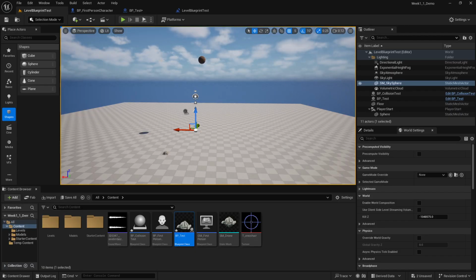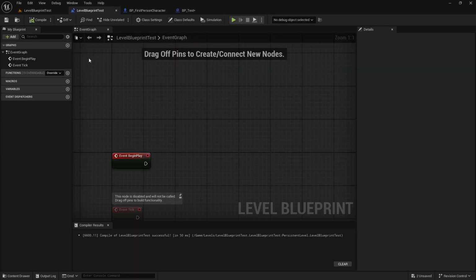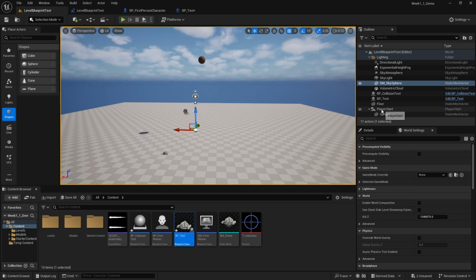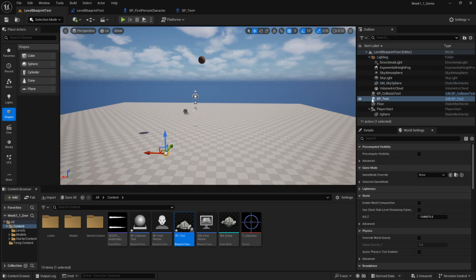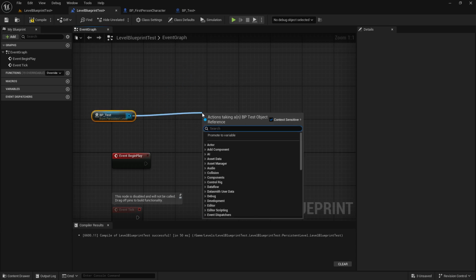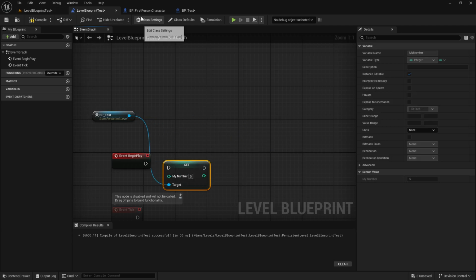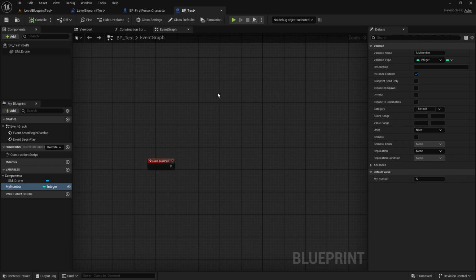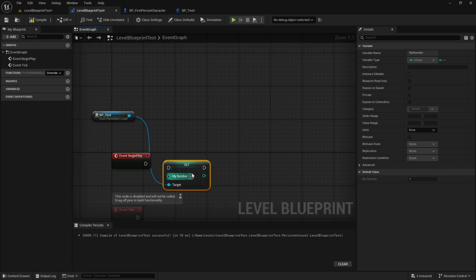Let's see this myNumber variable by using our level blueprint. So I just have that open. I have dragged a test BP into the level, and I'm going to drag it into the level blueprint to get a reference here. Now, just like any other variable, I can pull this out and I can say set myNumber, and you can see under variables default it has set myNumber. Remember, I have set myNumber to start at 5, but here I can change it, so I'm going to change it from 5 to 3,